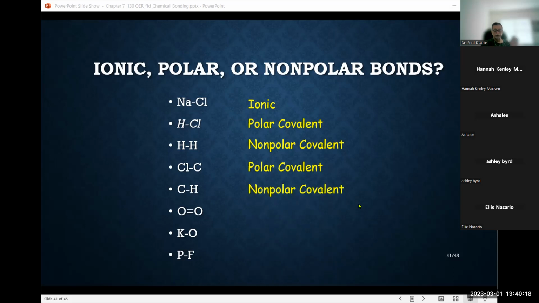We have O2, oxygen, which is two of the same elements, so we have a nonpolar covalent bond. Potassium and oxygen, that's an ionic, a metal non-metal combination. And then finally, the last one obviously is a polar covalent. Now, if we had to write notations,